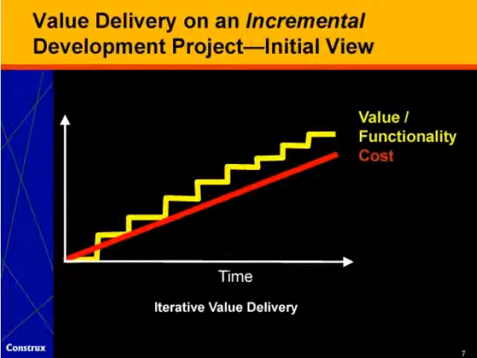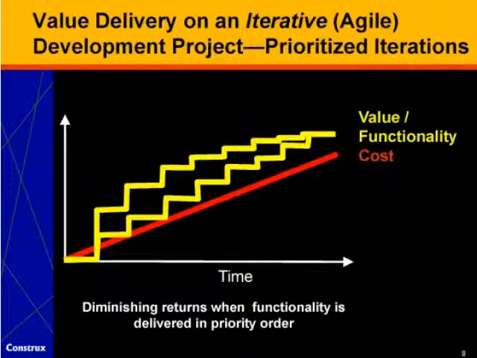Now, if we play our cards right, what we typically want to do in an iterative or agile project is deliver the highest priority functionality first. And what that means is that rather than having a kind of linear stair-step function as shown on the preceding slide, we deliver value in decreasing order, meaning that the early deliveries tend to deliver disproportionately higher value than the later deliveries. And so this implies two things. It implies first that the early value delivery is more rapid. It also implies that the later value delivery is less rapid as we deliver things that are of lower value.